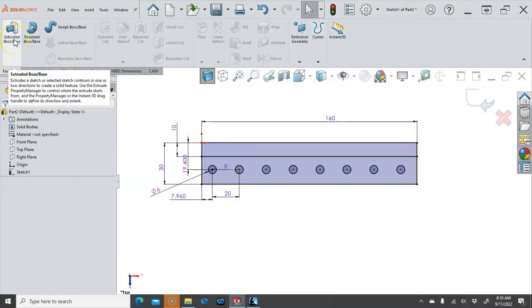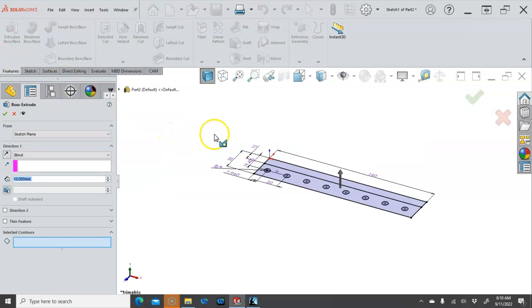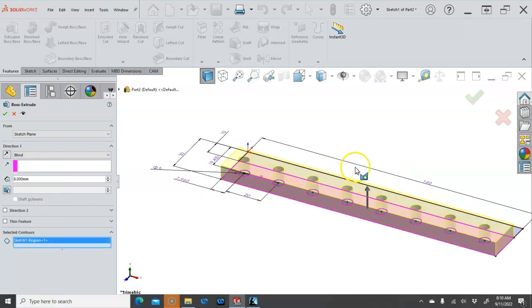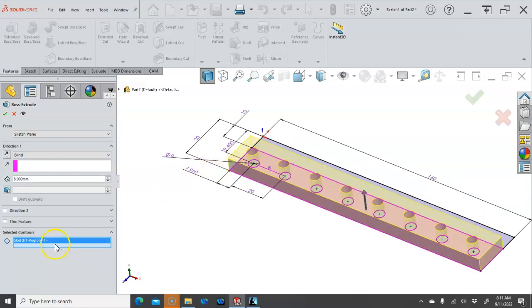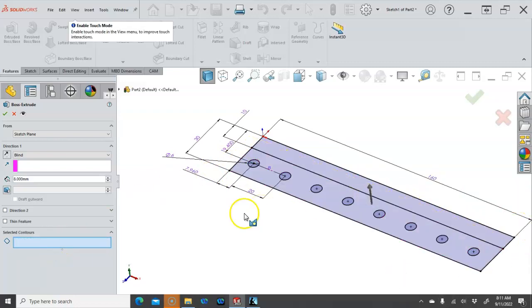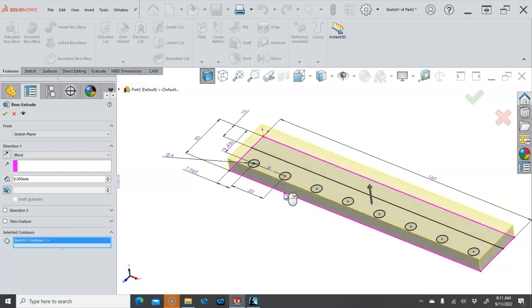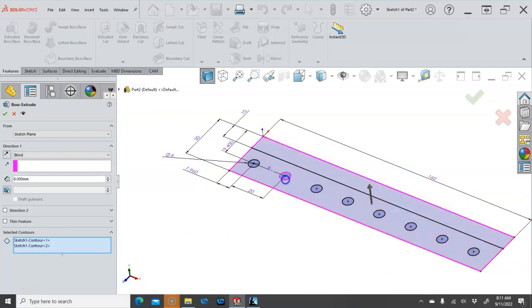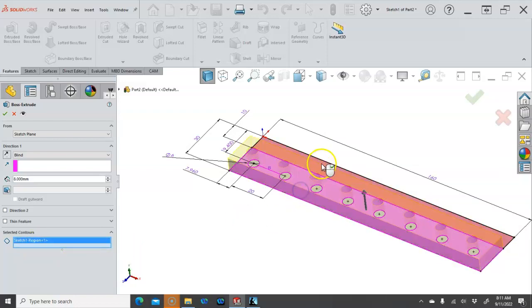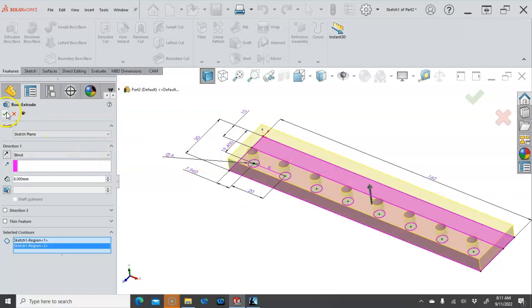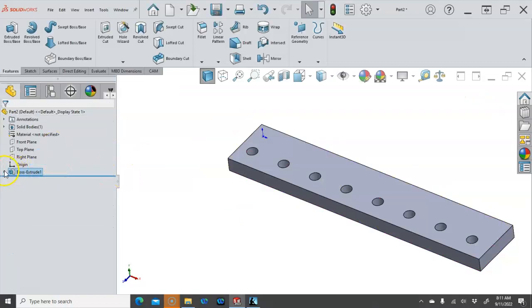For the extrude boss base, I want to go 8 millimeters on this one. For the selected contours or regions, if I just did contour, it would be this outside and it would be a solid block. If I picked one of the circles, it would just be the cylinder. So let's go ahead and delete those out. But if I use the regions, then the region is the interior space and it will give me that shape. And the advantage of the region and putting in that extra geometry is I can go right